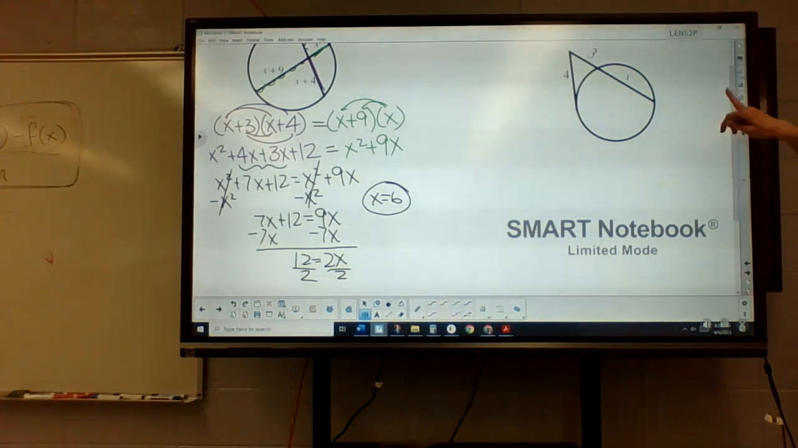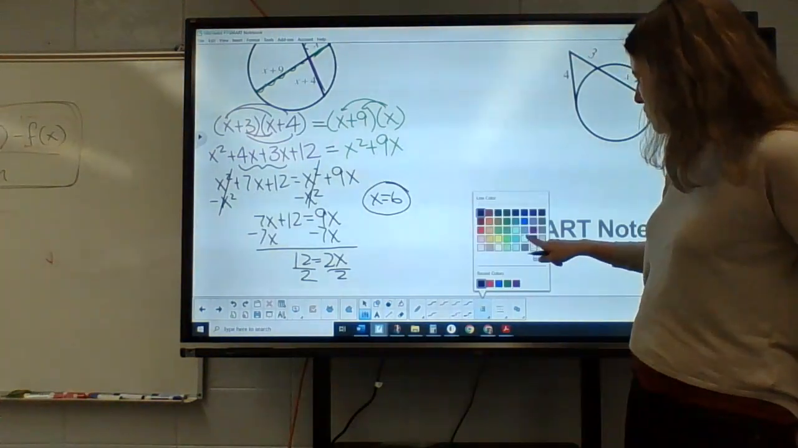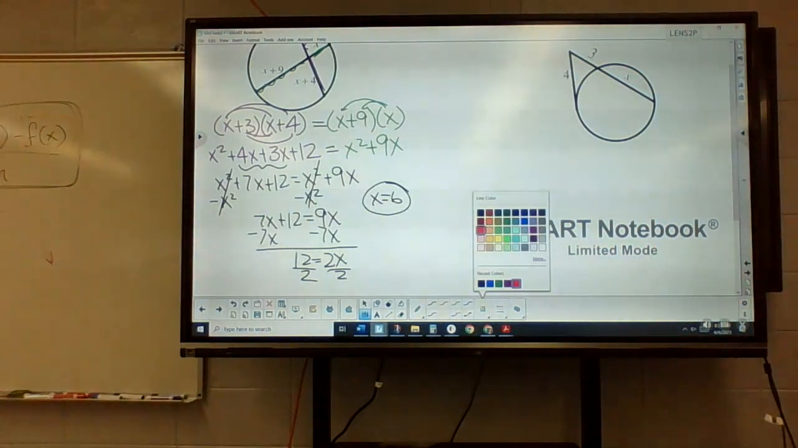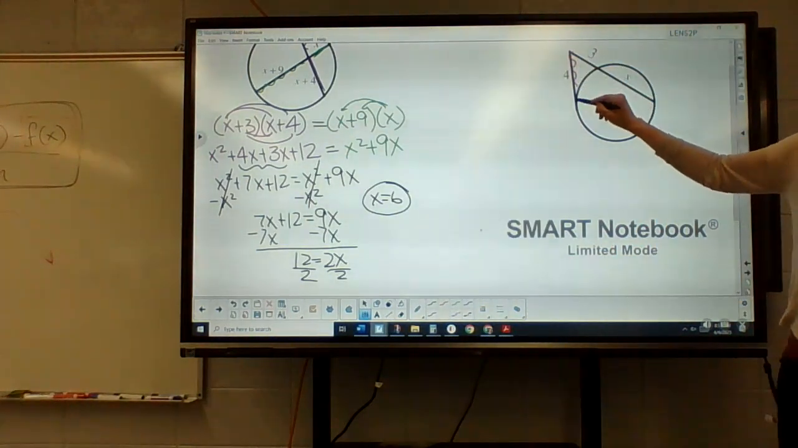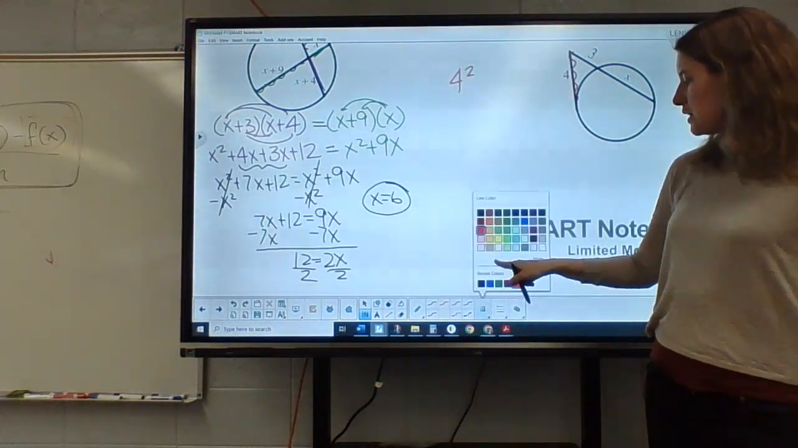Now our next one here is a tangent and then a secant. So what are we going to do? What's the big thing to remember on this one? 4 squared, yeah. 3 times 3 plus x. So we're going to do 4 squared equals,